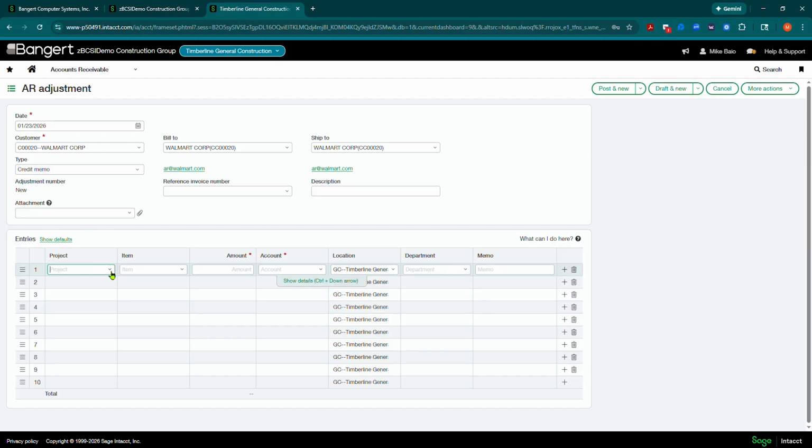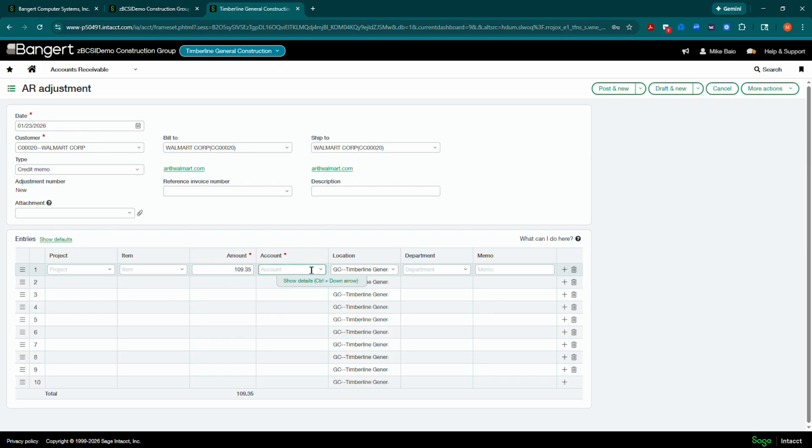And then you'll have the ability, just like you do in Intacct Anywhere, to apply it to dimensions. So is it project related? Should this lower a cost of the project maybe? Or is it just, hey, we want to write it off to bad debts and be done with it? So in this case, I'm going to skip the project stuff, and I'm just going to say, I need to do a credit memo for